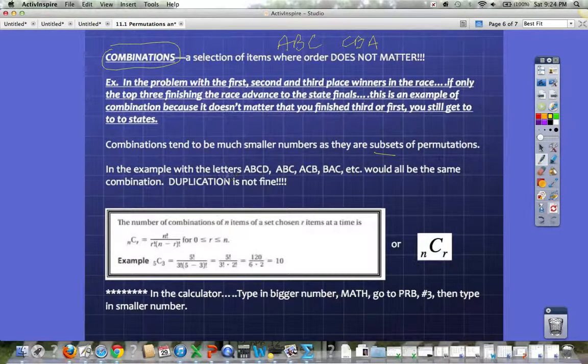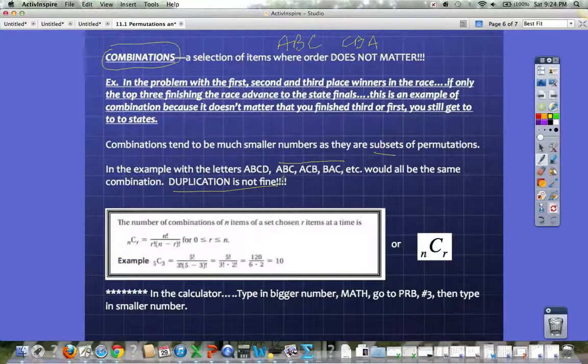Duplication is not fine in a combination. Whereas this would work for permutation, it does not. It's the same thing in a combination. Okay? Duplication is not good for combination. Duplication is okay for permutation. Sounds like a bunch of big words, but you'll understand once we start working with actual